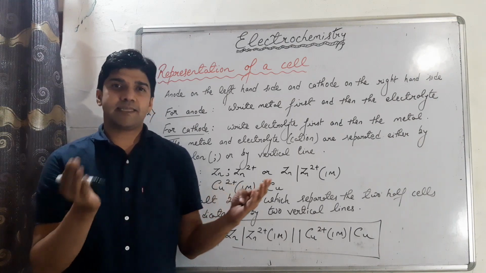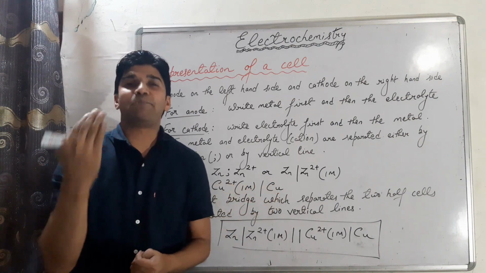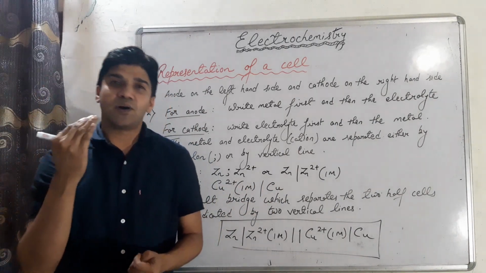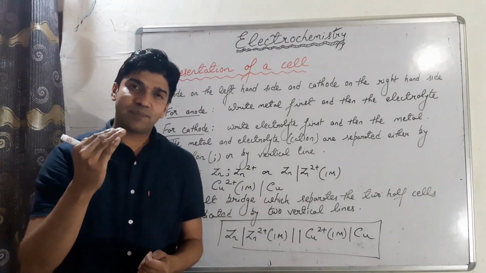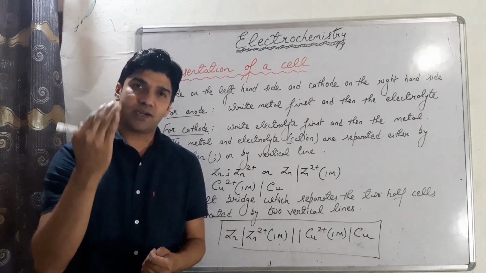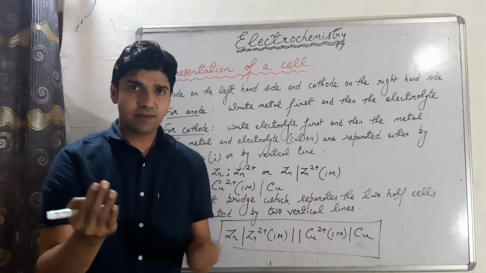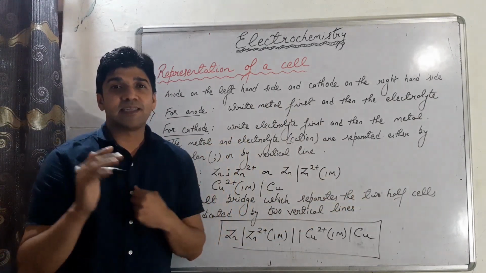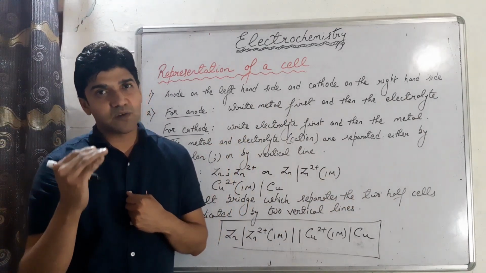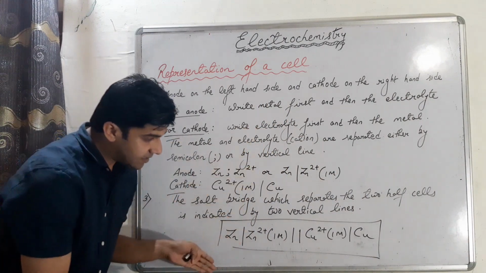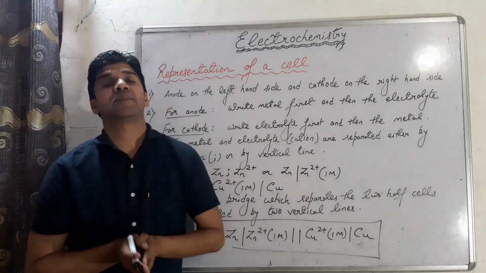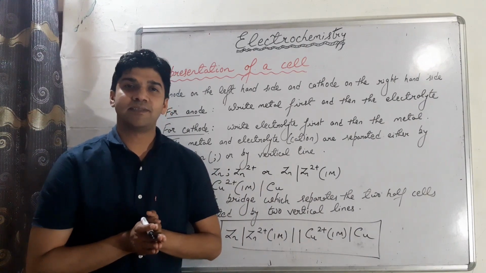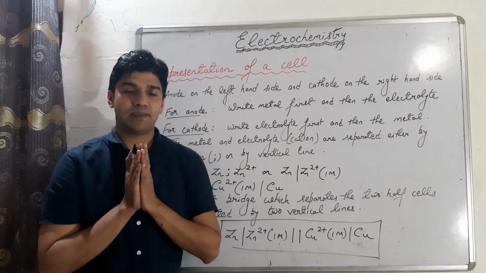Then we took the example that what will happen when we apply some external potential on a Daniell cell, on an electrochemical cell, then how will it function. फिर हमने वो कवर किया था। लास्ट में क्या शो कर दिया? द रिप्रेजेंटेशन ऑफ ए सेल। हम सेल कैसे रिप्रेजेंट करते हैं। So see you tomorrow for the next lecture। तब तक के लिए नमस्ते, थैंक यू।